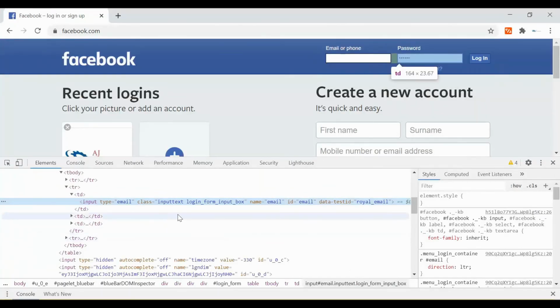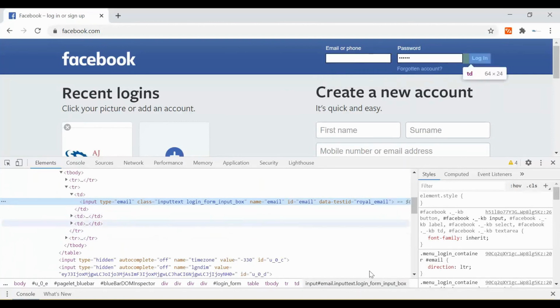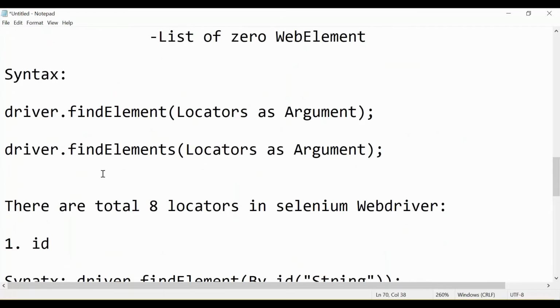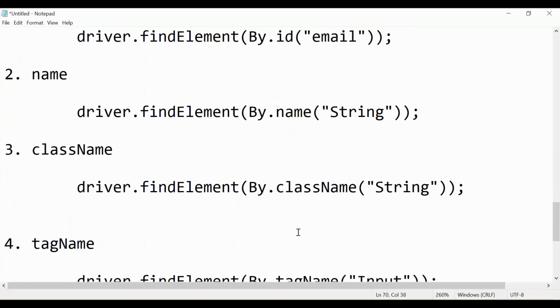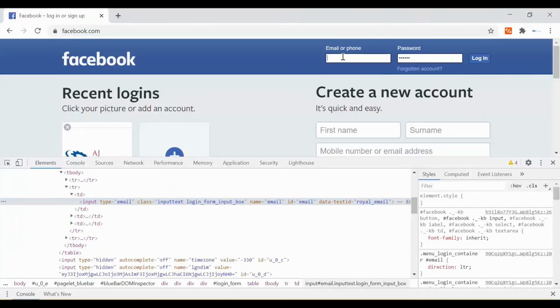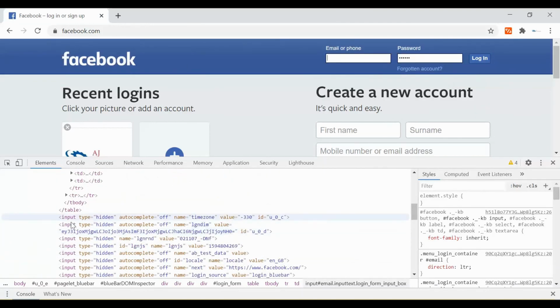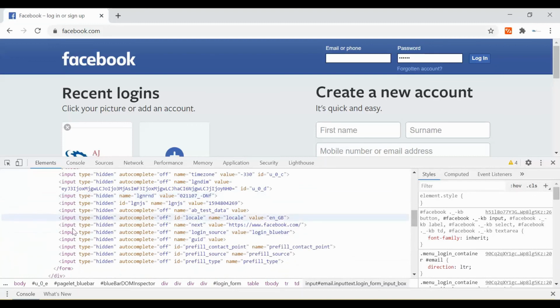We will see practically how you can do this in the next lecture, but for now, just say that all these four attributes or locators depend upon whether the developer has provided those attributes or not. The tag name will always be there, but using the tag name there will be multiple web elements available, as you can see here, there are so many web elements which have tag name input.